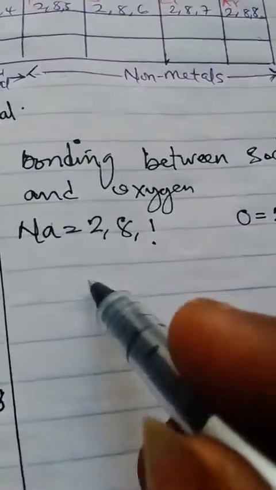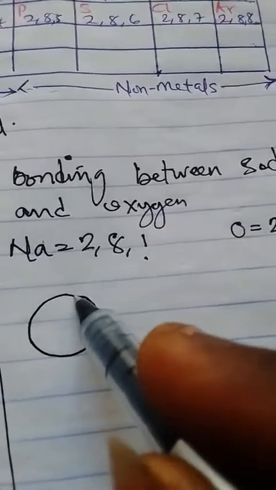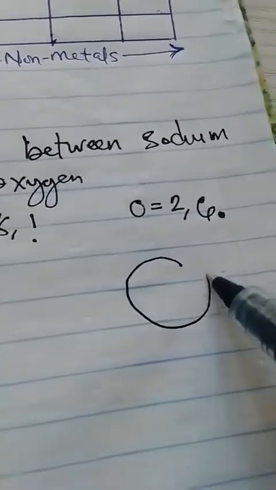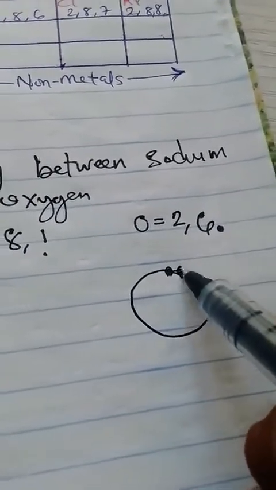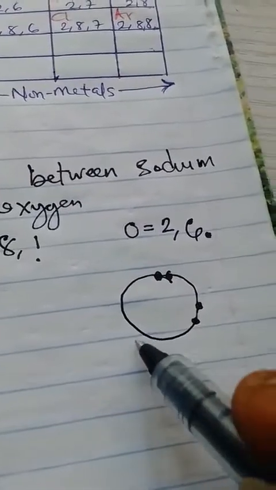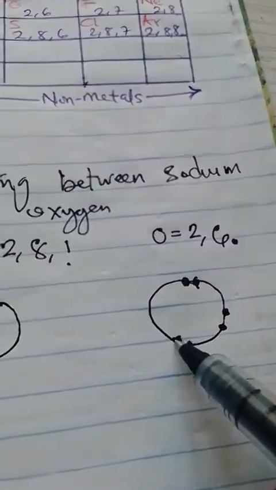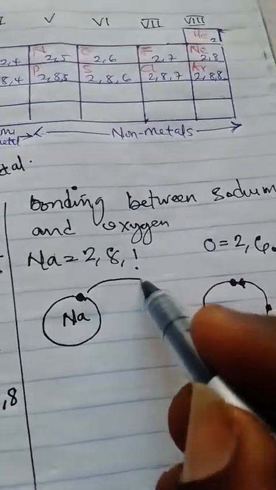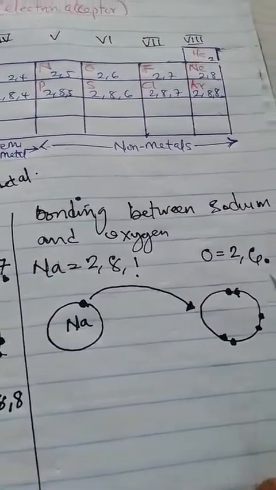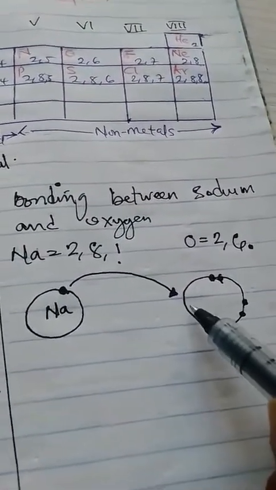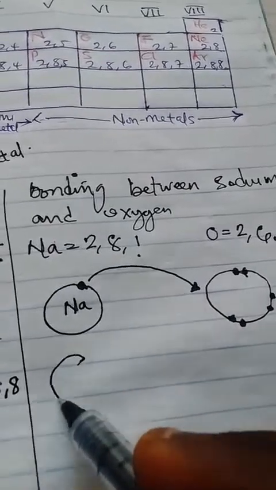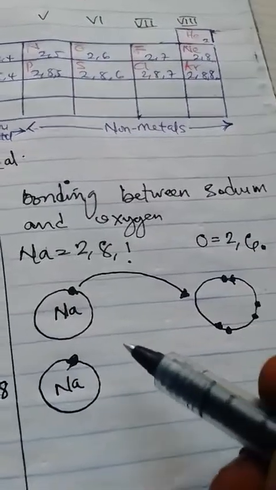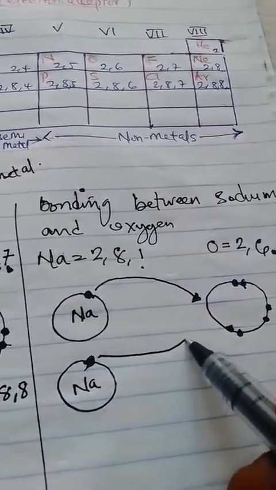out 1. So let's draw their configuration. Sodium, in the valence shell you have 1 electron, and then oxygen in the valence shell you have 6. So let's draw out the 6 electrons. You have 6 electrons, so it needs 2, but sodium can give only 1. So what happened here? When sodium gives out this 1 electron, another sodium atom will come. We have another sodium element that would come, making it 2 sodium, and then they would donate their electron both